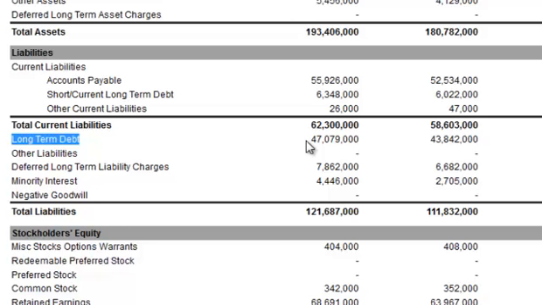Long-term debt, like any debt, is beneficial to a company at times, and at other times it can really wreak havoc and actually drive a company into bankruptcy. The idea here would be that a company may decide to borrow money from the bank and say they pay 3%. They turn around and do something with it that will produce 6%. Well, then they're going to make 3% on the difference. That's the idea of using long-term debt. They try to make more money than it actually costs them. As long as they can make more than their interest payments are, then it's profitable.